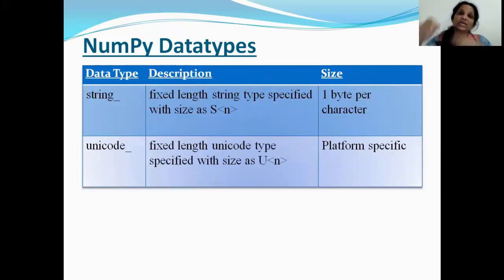Okay. Then strings are stored under 2 categories, strings and Unicode. Now, when we talk about strings, they're talking about only characters allowed with the English language. So if you're talking about characters that will deal only with the English language, you can use the string data type. And each character will take 1 byte.